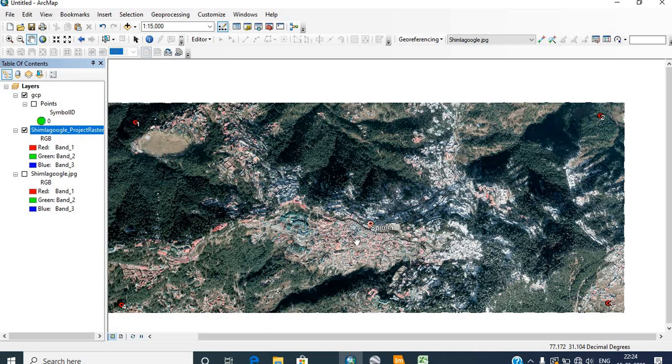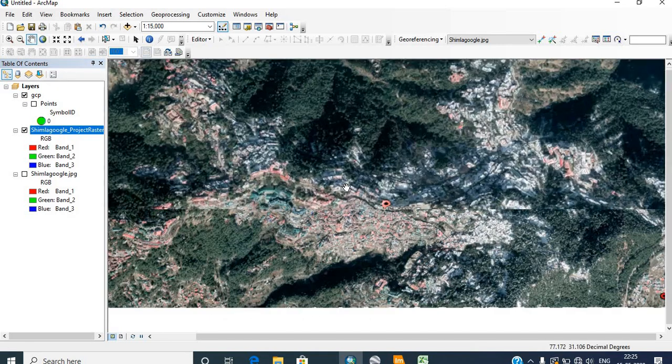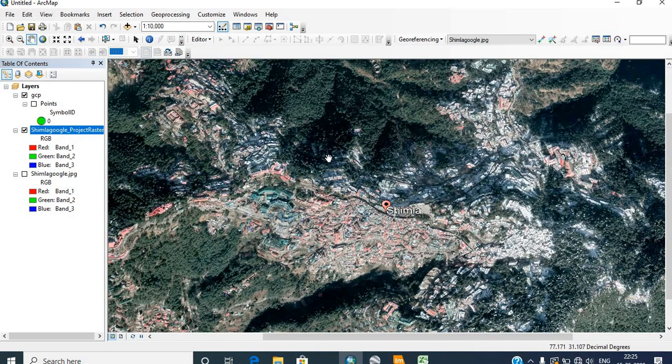These Google Earth images are very useful for large scale mapping. The only limitation of the Google image is that it doesn't contain the radiometry. This is the basic difference. It can't be used for digital image processing like the satellite images, but it is very useful for academic purposes and for learning database creation for the students.